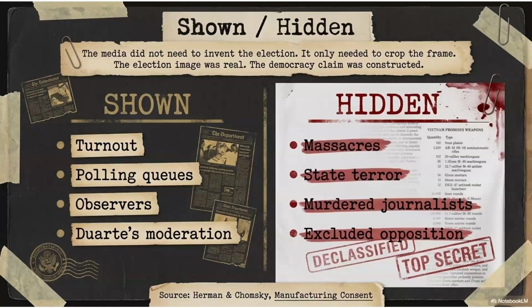So the final slide brings the whole presentation together. On one side, we have voter queues, turnouts, observers, election maps, official results, Duarte as a moderate civilian figure, headlines about brave voters, television language like a triumph. These were real, but on the other side, we have what was hidden or minimized: land inequality, La Matanza, the stolen 1972 elections, Romero's assassination, the murder of churchwomen, El Mozote, the killing of Dutch journalists, the Truth Commission's evidence of state responsibility, state of siege, ID card coercion, military influence, the exclusion of the left. These things were also real.